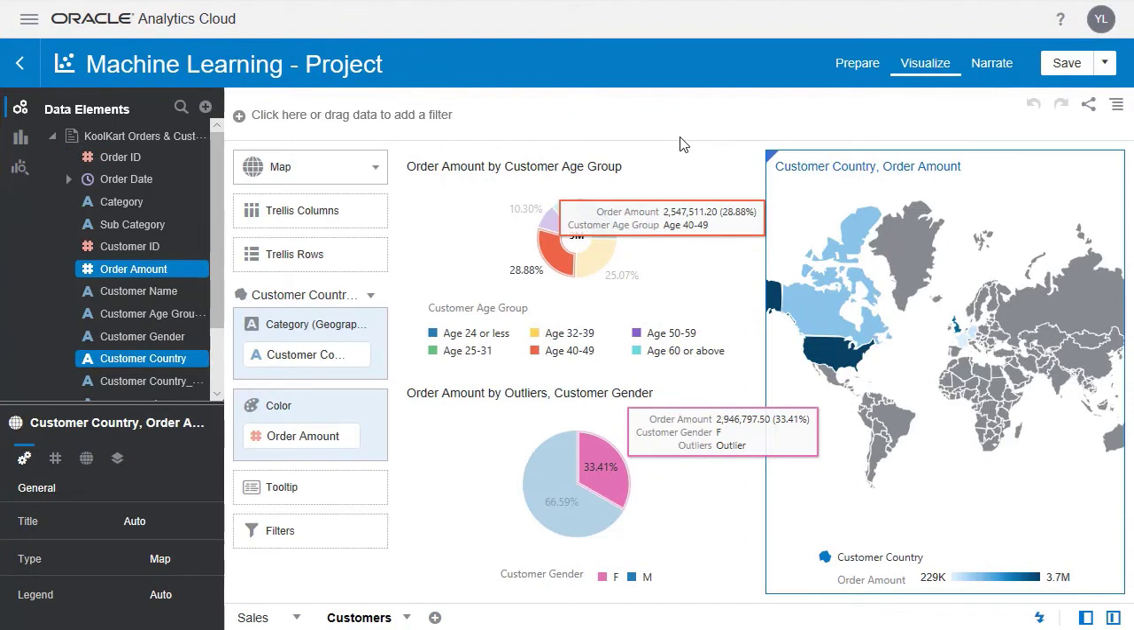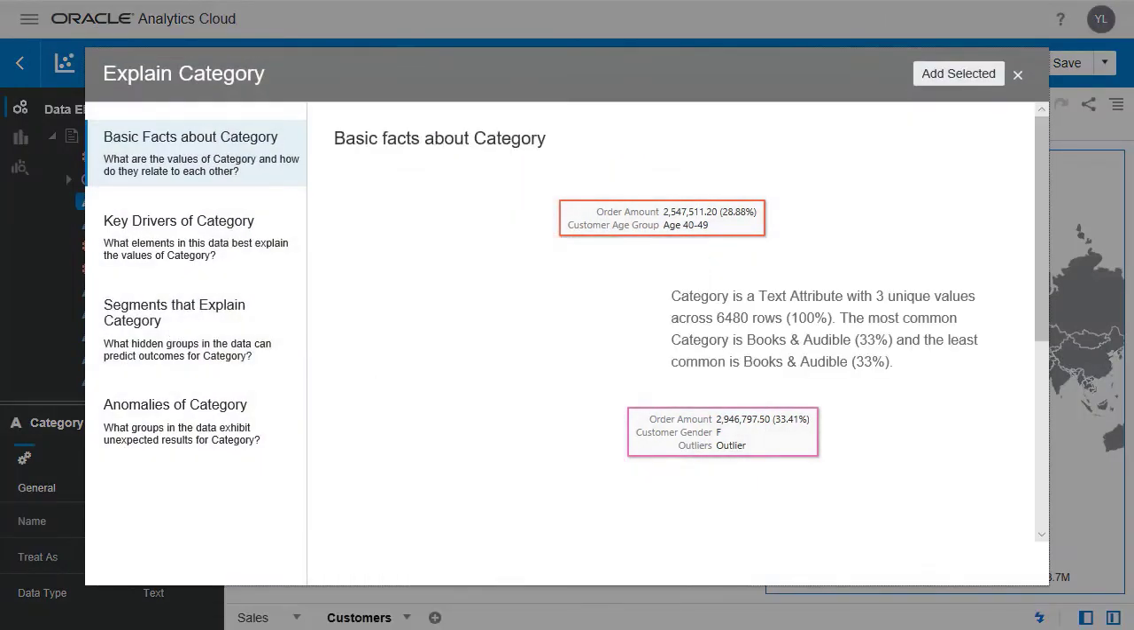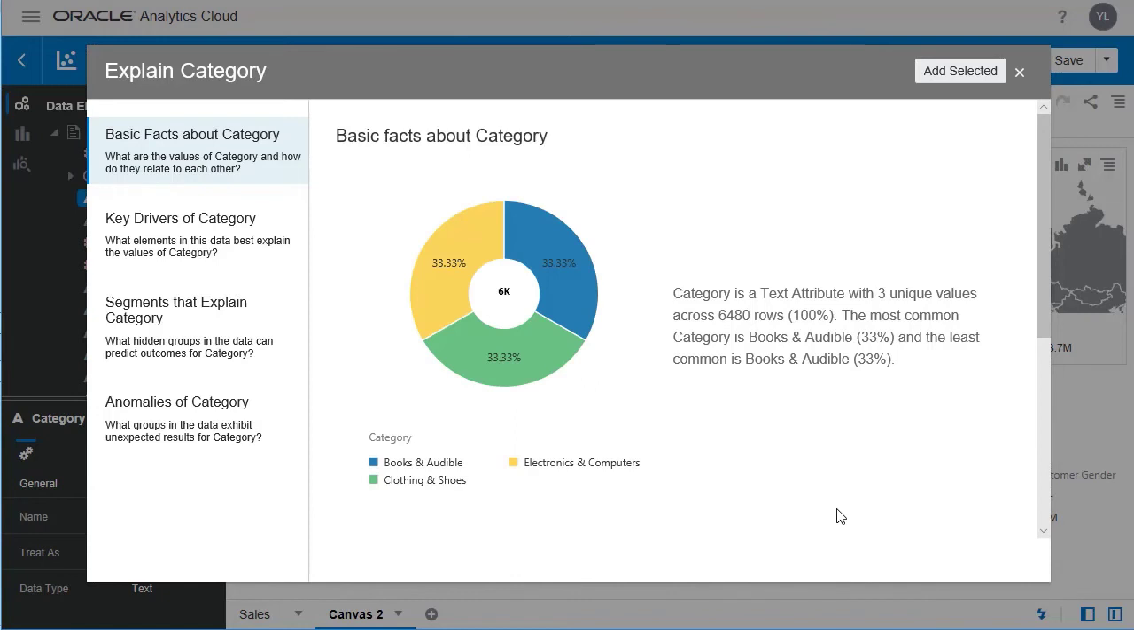We're next going to look at a powerful feature inside the Oracle Analytics Cloud, and this is the Explain feature. We'll showcase this via the category column in our Data Elements tab. So select it, right-click, and hit Explain Category. Here we can see that there's basic facts about a category and an overall pie chart, for example, or donut